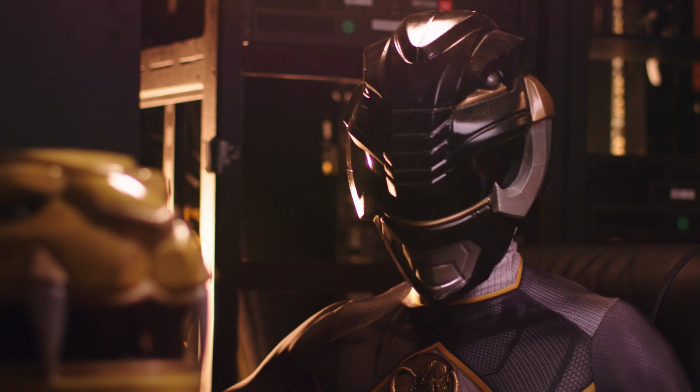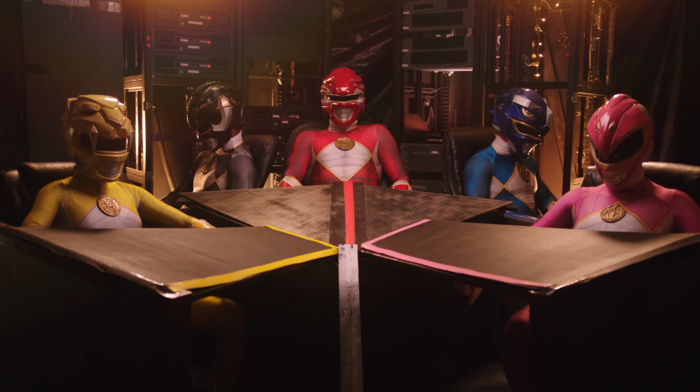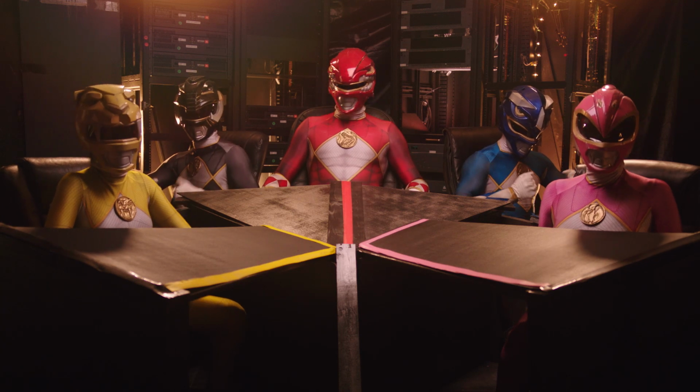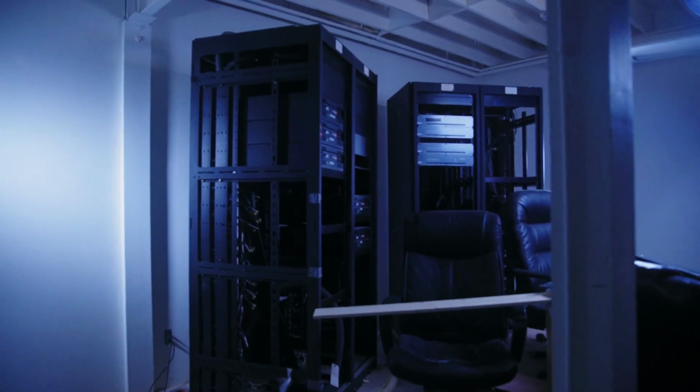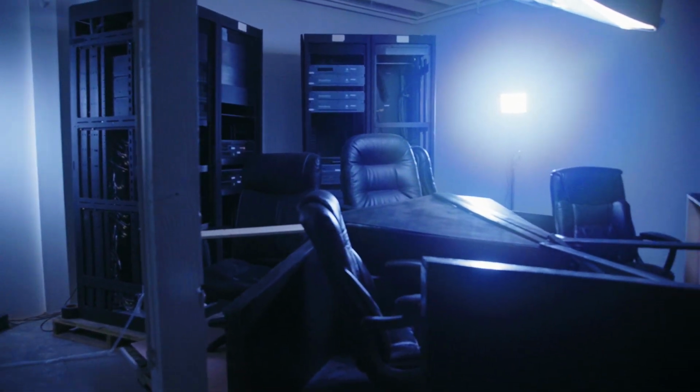For the Power Rangers cockpit, we wanted to throw back to the bridge of a spaceship. We stacked up some wooden pallets and put the chairs in place to see where each pilot would sit and what would look best. And same concept, where we didn't want to rotoscope or green screen anything behind the pilots because that would take forever. We shot it at Pal's prop shop, and he actually had a whole warehouse full of these large rack-mounted movie servers for projection theaters, and they were just sitting around. So we thought, why not bring those and put them behind the Rangers